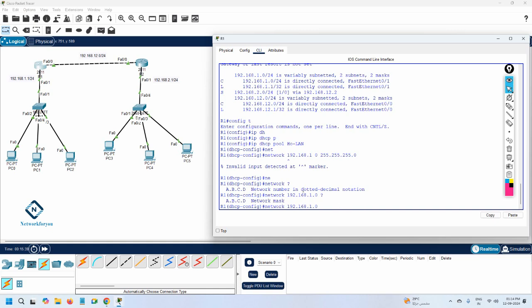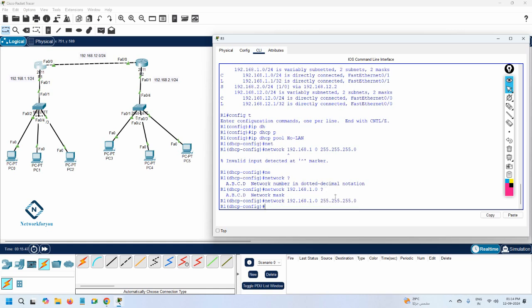Maybe I typed something wrong here. Anyhow, I will write 255.255.255.0 and press enter, and you can see this one is working. Maybe I left extra space. Okay, I forgot to put the dot here. Why did I get this error? You need to write one block, then second block, then third block, then dot, fourth block. I forgot to write that dot, that's why I got this error. So ignore this one. You write ip dhcp pool head office LAN, and you need to write network,